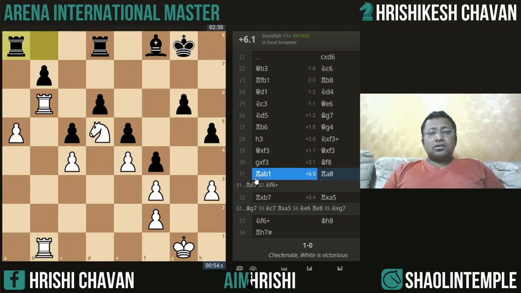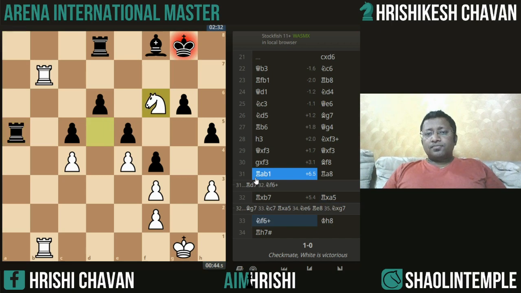So black is giving up that b7 pawn, and in return he's getting that a5 pawn. But more importantly, white is getting his rook on the 7th rank. And why the rook is so important on the 7th rank, you'll come to know about it very shortly. Let's continue ahead. Rook into b7, rook into a5, and now with the knight and the rook, white has created a mating net around the black king. So the mating net goes like this: knight f6 check, forced move king h8, and then there follows rook h7